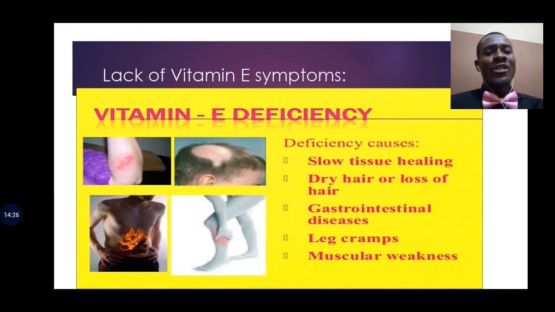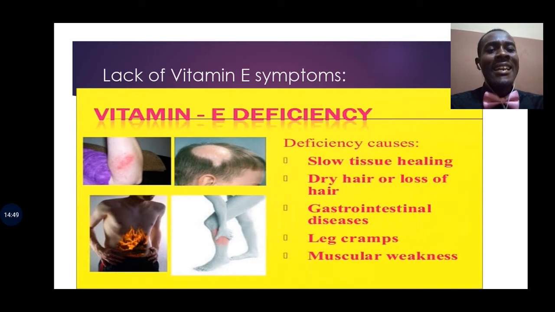If you look at your screen, you can see some of the symptoms depicted there. The first one says slow tissue healing. When there is injury, there is also a slow healing process. The healing process does not occur as it's supposed to due to lack of vitamin E. So vitamin E also aids the process of healing